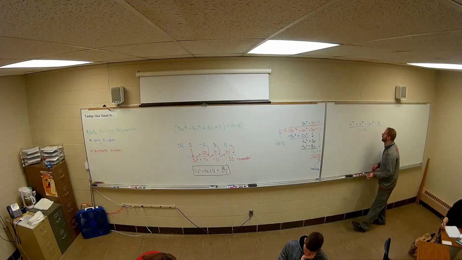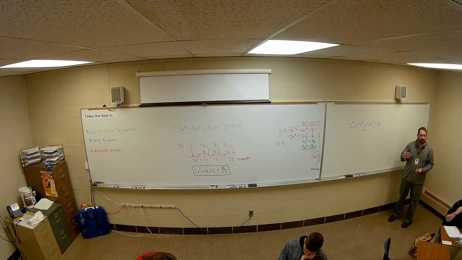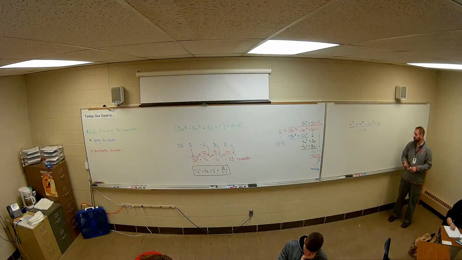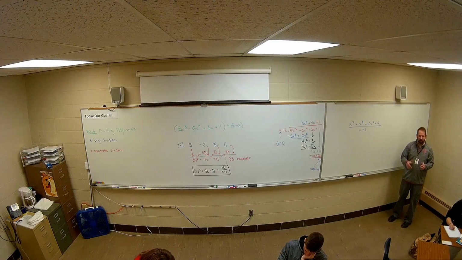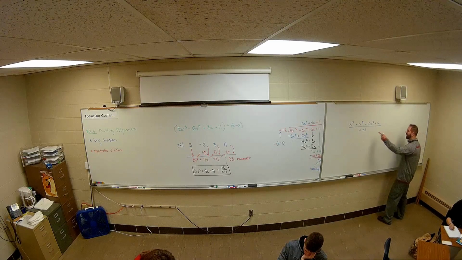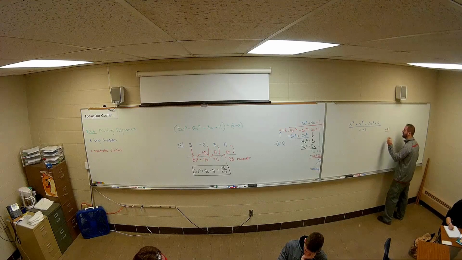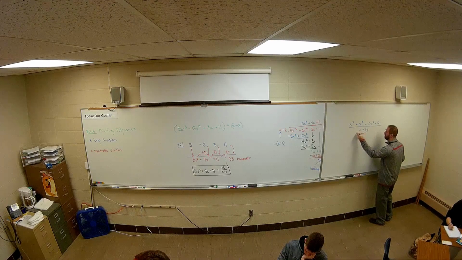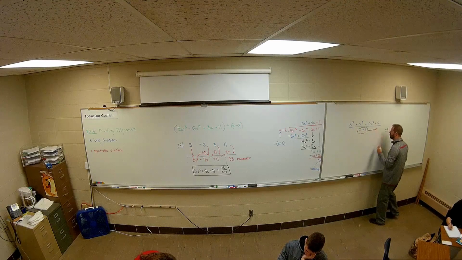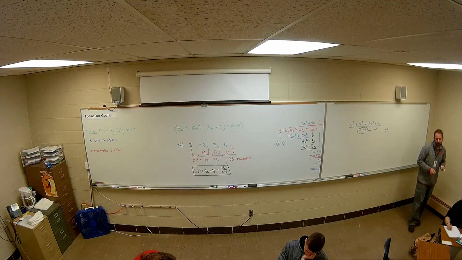Okay, so notice on the top, I'm missing a lot of terms, so we're going to have to fill in a lot of zeros. I'm missing the x to the 6th, x to the 4th, x squared, and x. I'm missing all those terms. And on the bottom, I have everything I need. But now, what is the root of the bottom? What number am I trying to actually figure out if it works? Negative 2. That is the root of the bottom. What does this root represent? We're trying to figure out, is that an x-intercept?